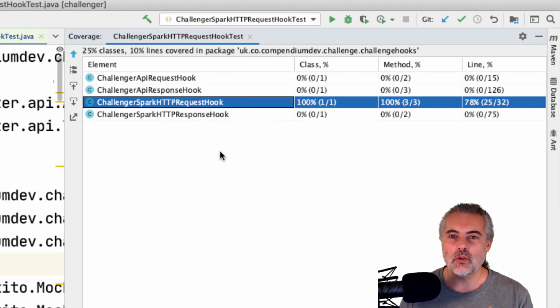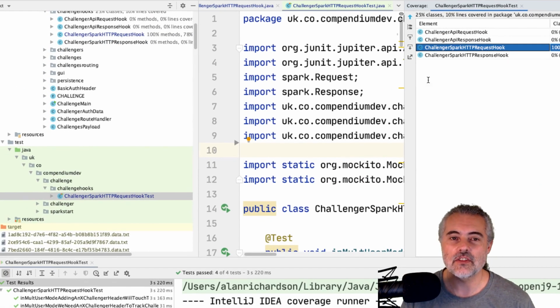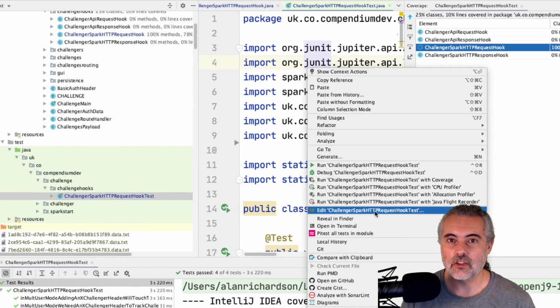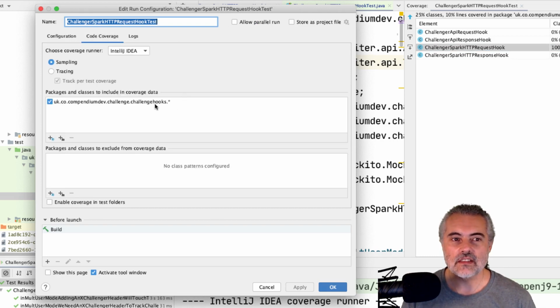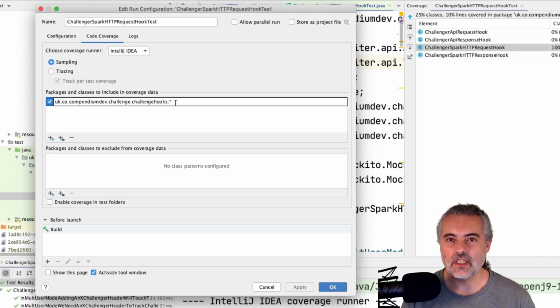So what I want to first of all do, in order to support my code review, is zoom in on this. I only want to see this particular class in the metrics. So the way I'm going to do that is by editing the execution profile. And in here, in the run configuration, I'm going to go into code coverage. And rather than saying, I want you to look at everything in this package, what I'm going to say is, I want you to look at a specific class. And that is the Challenger Spark HTTP